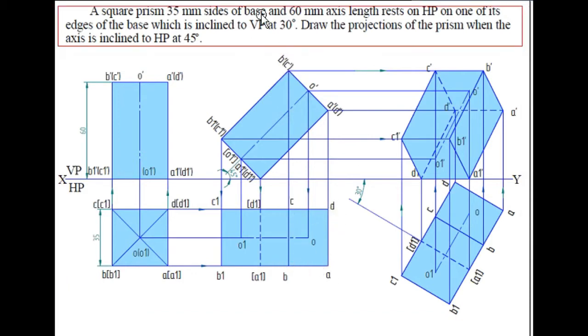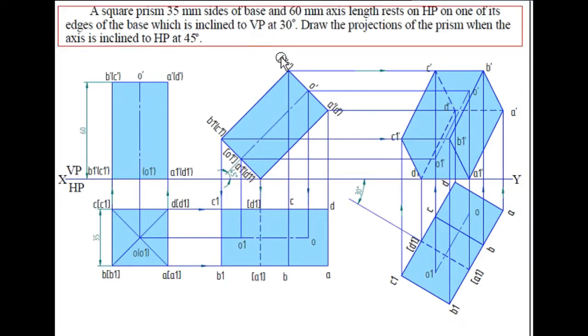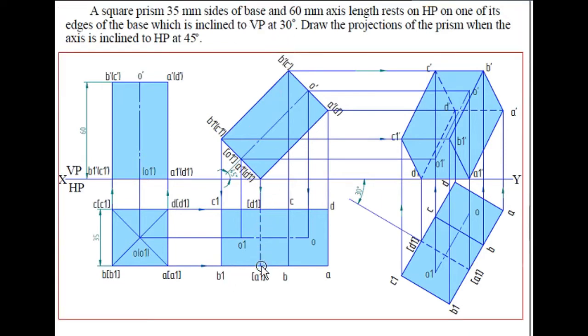Right? So next, similarly, when the observer is seeing in this direction, the farthest edge points are a1 dash and d1 dash, so that is why I represent a1 dash and d1 dash with a hidden line, and the remaining lines will all be represented with a darker line, that is, a visible line. So only a1 dash and d1 dash is the line which is hidden, which cannot be seen when the observer is seeing in this direction, so that is why it is represented in dotted line.